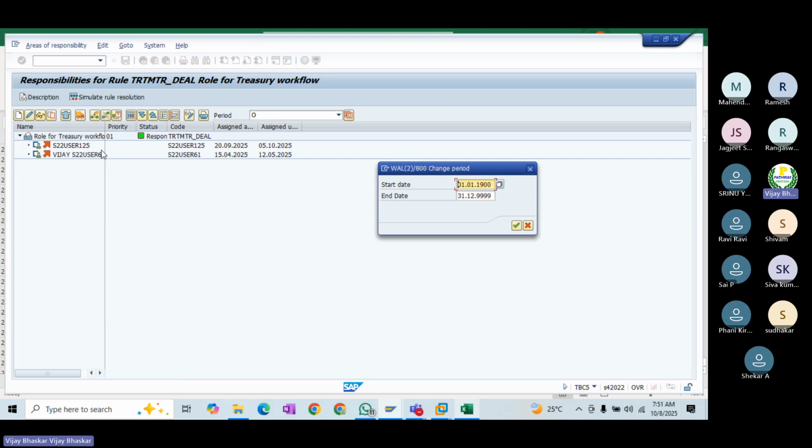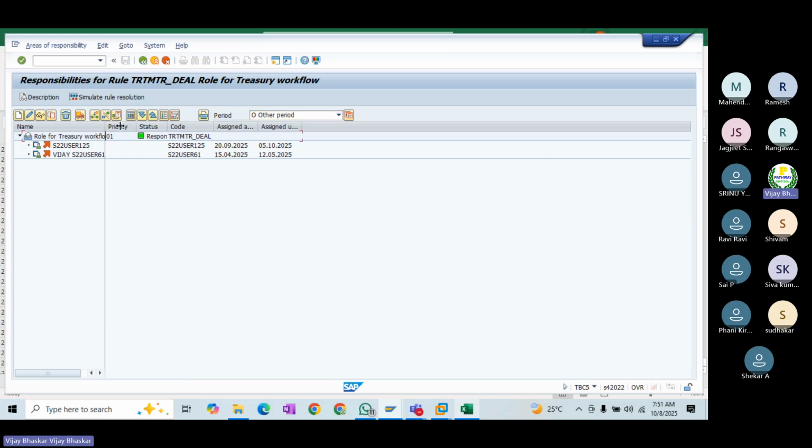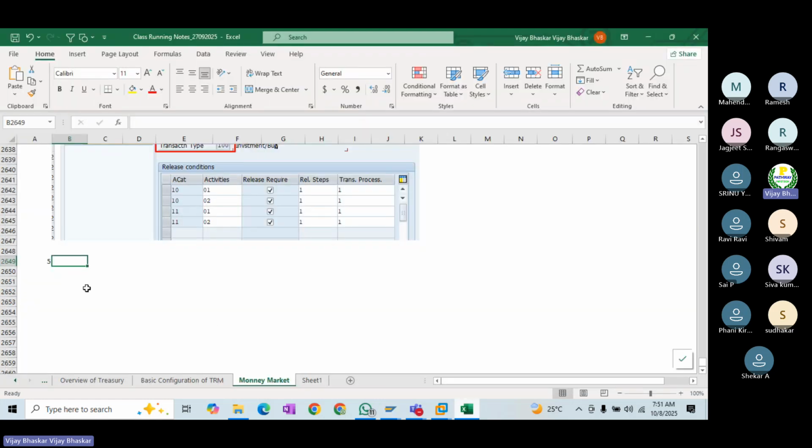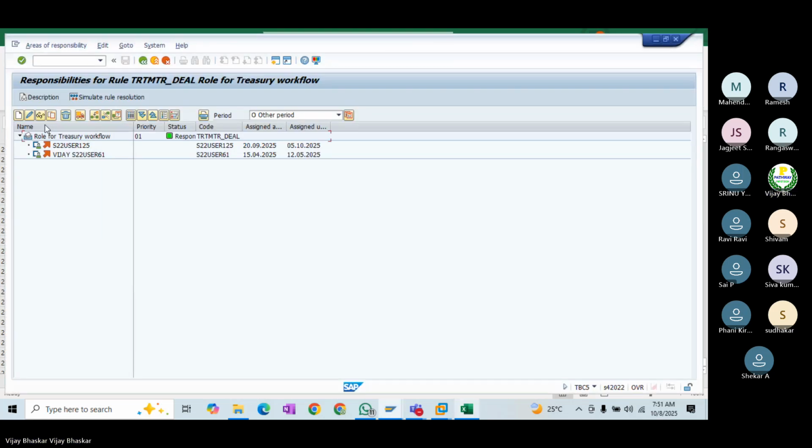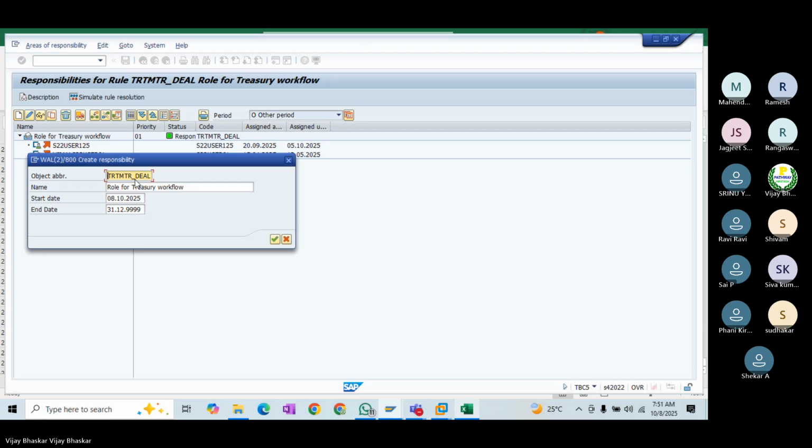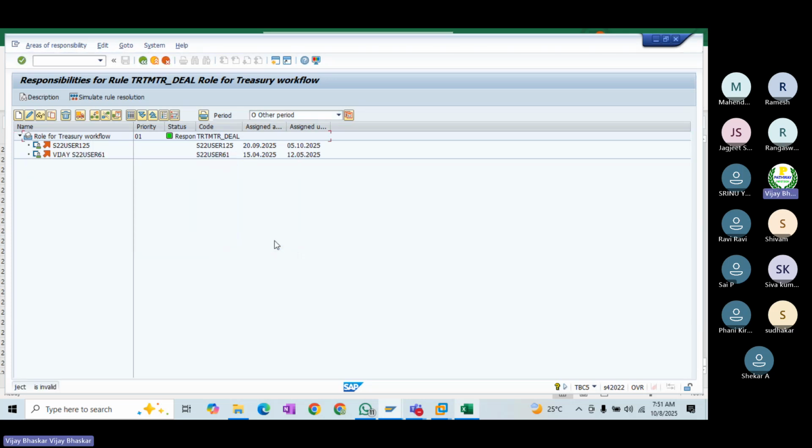See, here also I have assigned the same users, but this is where you must assign who is the approver. You can also define the new one. Okay, I do not want to touch this one. Then let me create the new one. See, workflow for FD9. I'm just creating the new rule here.